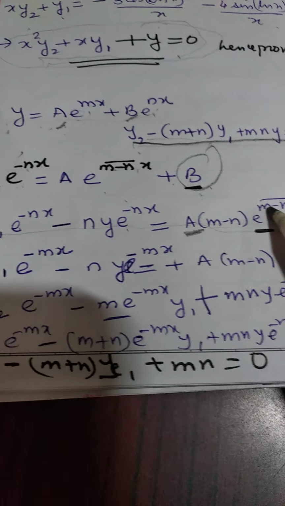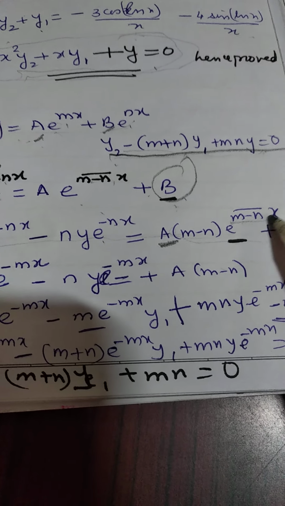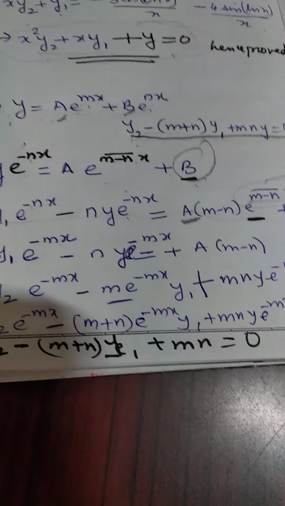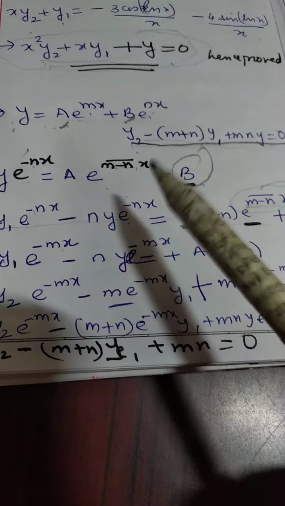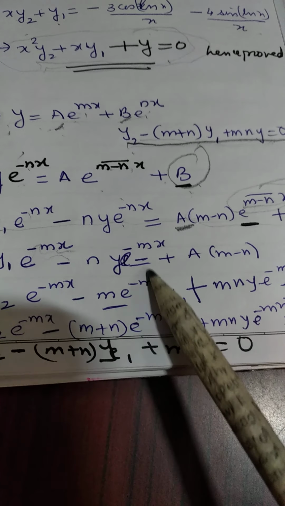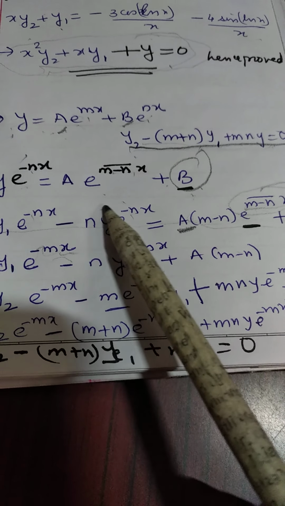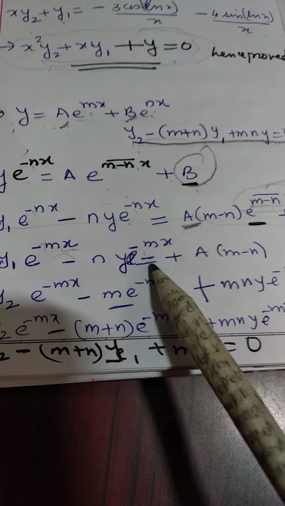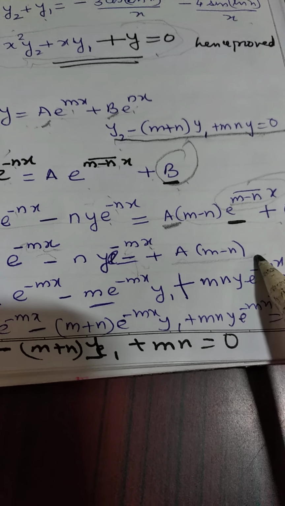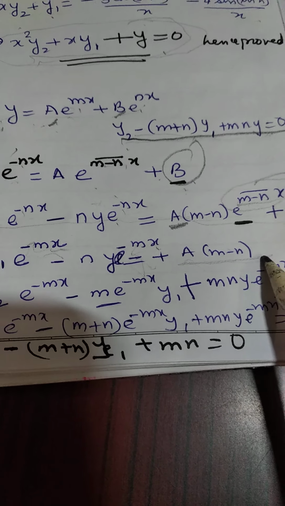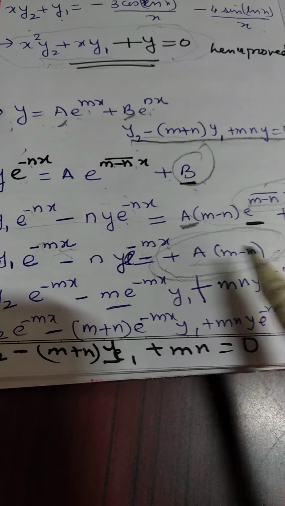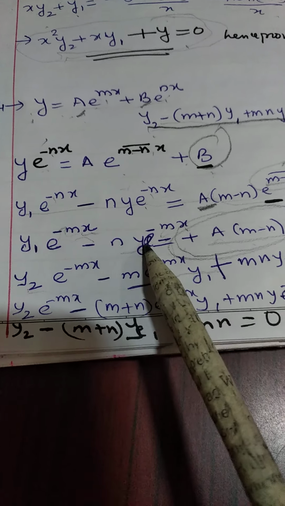For this, what I did is I divided again the expression by e to the index m minus n times x. So that makes this expression e to the index minus nx minus mx minus e to the index, again it's minus of m plus nx, minus nx gets cancelled, you get only minus mx, and this term happens to be free of x. So when you differentiate it, again you'll find that this automatically gets eliminated. So you have this expression for differentiating.